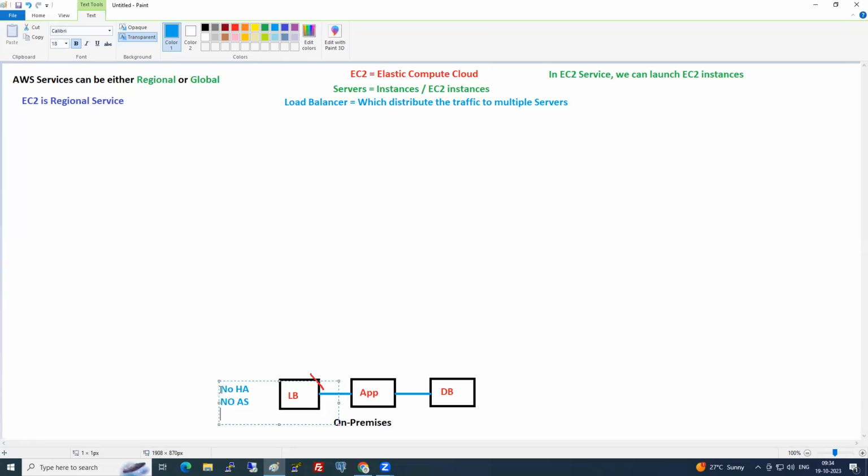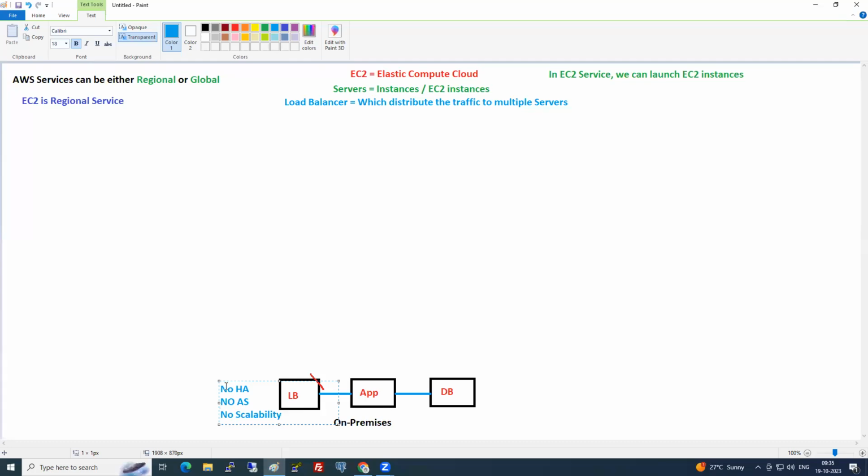And also tell me, is it easy to do scalability in your on premises? No. Let's say in on premises, you have only a 4 GB server. Your laptop is a physical server, a 4 GB server laptop. Can you easily increase it to 8 GB, 32 GB? Not possible. In your on premises, can you easily do the scalability? No. No scalability.